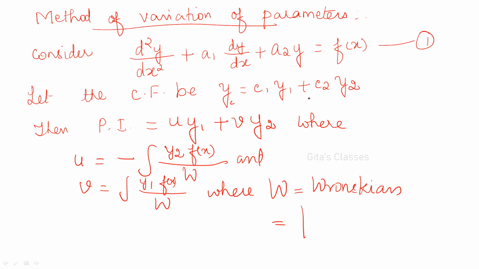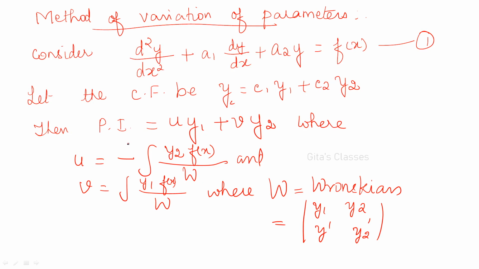Determinant of, here we have y1 and y2, no? So y1, y2 and y1 dash, y2 dash. Please remember, even for objective questions, you can expect the Wronskian, and one more question, define the Wronskian, you can expect, okay? So the determinant of y1, y2, y1 dash, y2 dash is our Wronskian, and you have to divide it